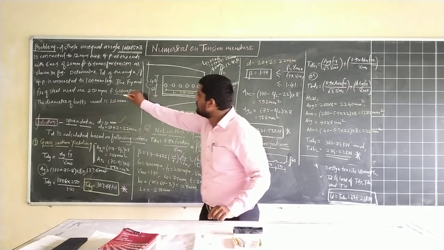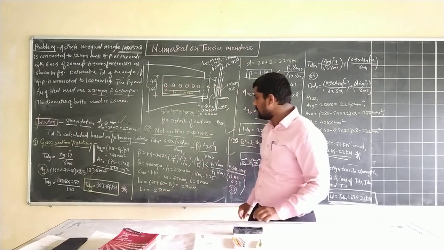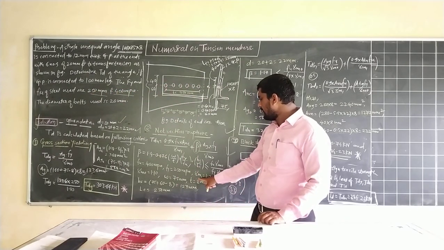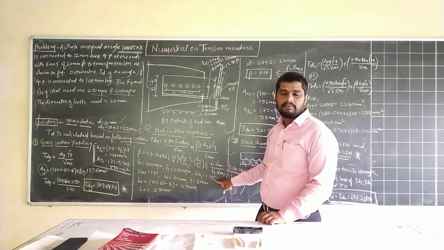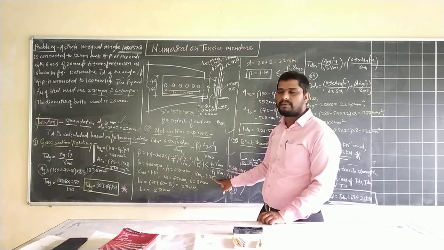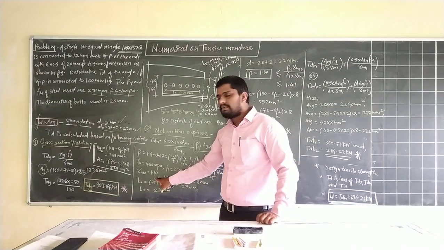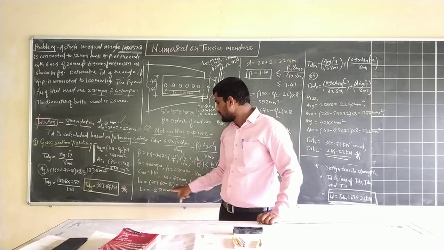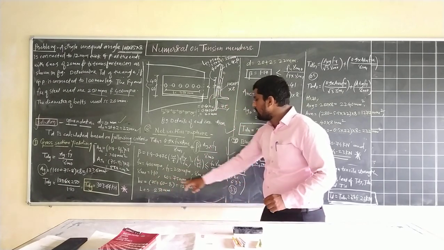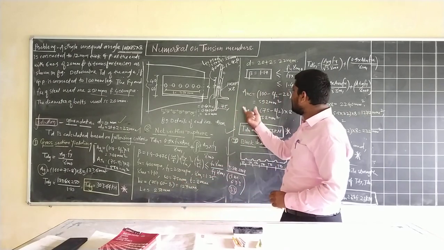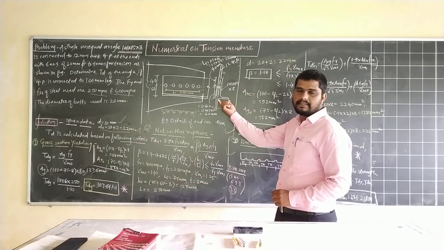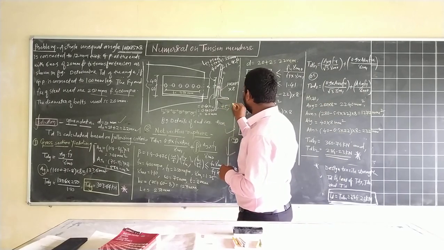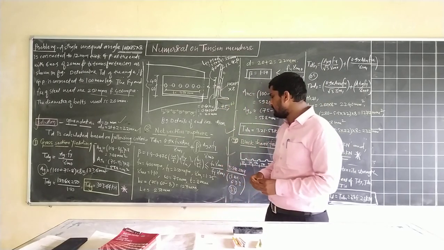Then Fy is also mentioned in the problem, that is 250 MPa. Then gamma m1 value will be 1.25 from Table 5. Gamma m0, we know, is 1.10. Then 75 is W, which means the outstanding leg is given as 75. So we can write W is equal to 75.